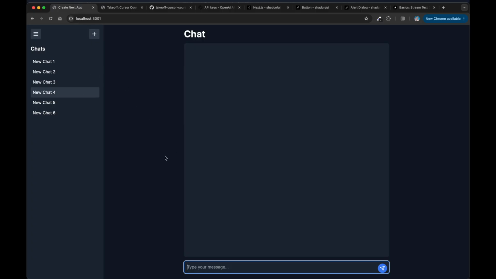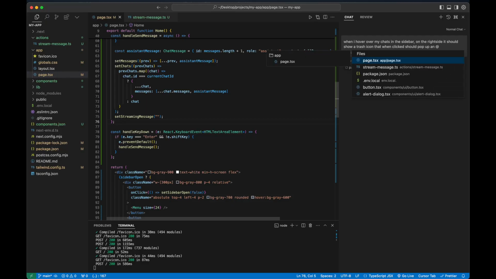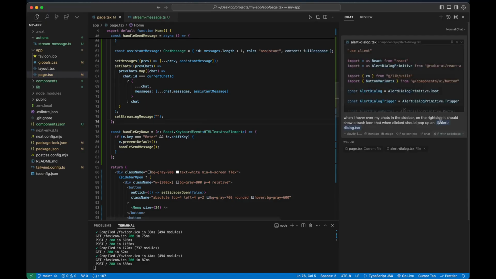So this is most of the core features, which is really nice. We'll probably stop right about there because I think this is going to get a little bit repetitive. Let's actually do one more feature, which is, let's say, when I hover over my chats in the sidebar on the right side, it should show a trash icon that when clicked should pop up, and now we're going to reference the alert dialog. Okay, so file reference, alert dialog. Again, file references are done with the @ key, and then you can search for the file and confirm the